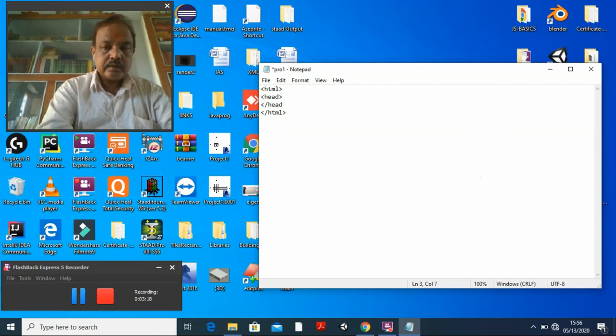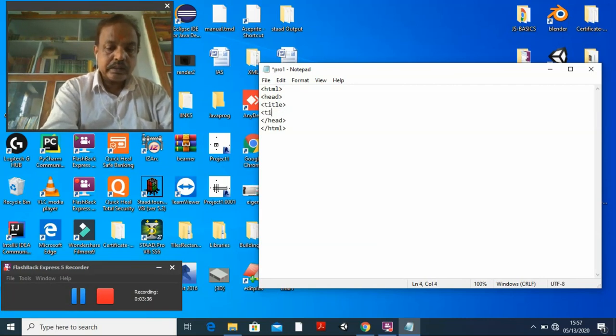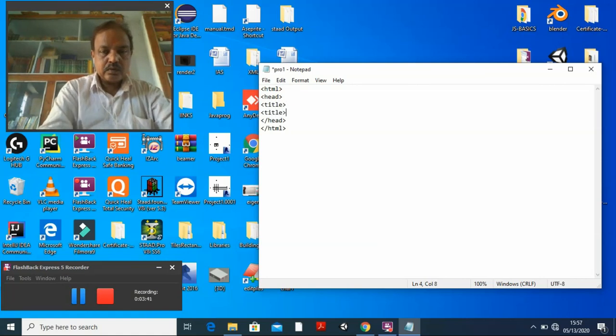Inside this head we can write the title also, the tag, T-I-T-L-E, title. Similarly, we can write the closing tag also, title. You have to close this closing tag like this.